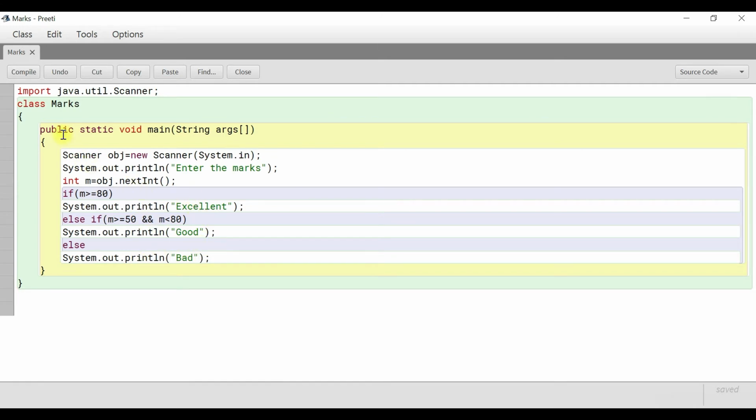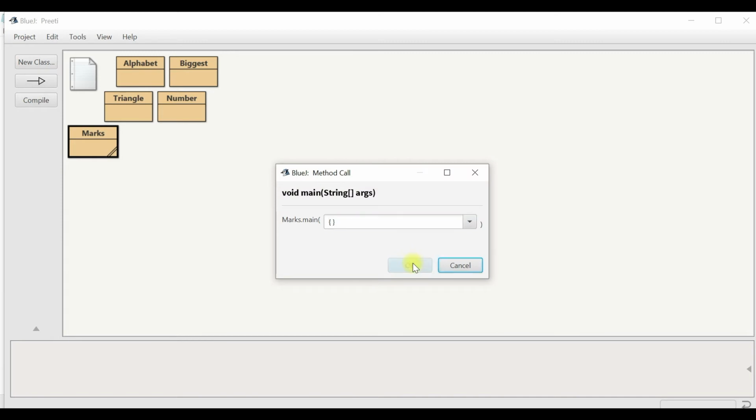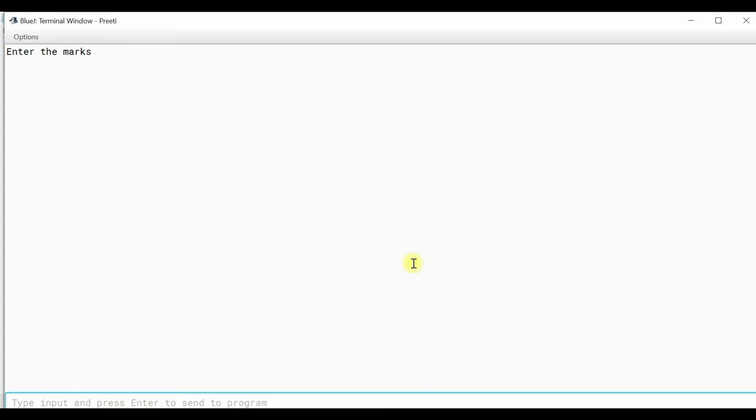Okay, so now we will compile it. No syntax error. Now if I enter marks 85, excellent. Fine.